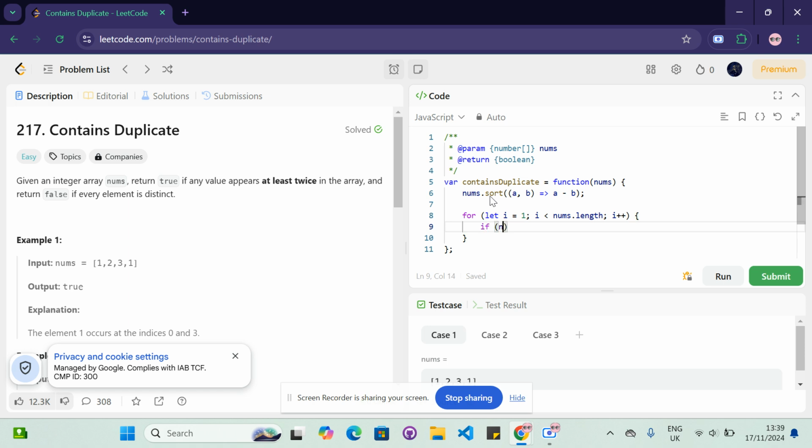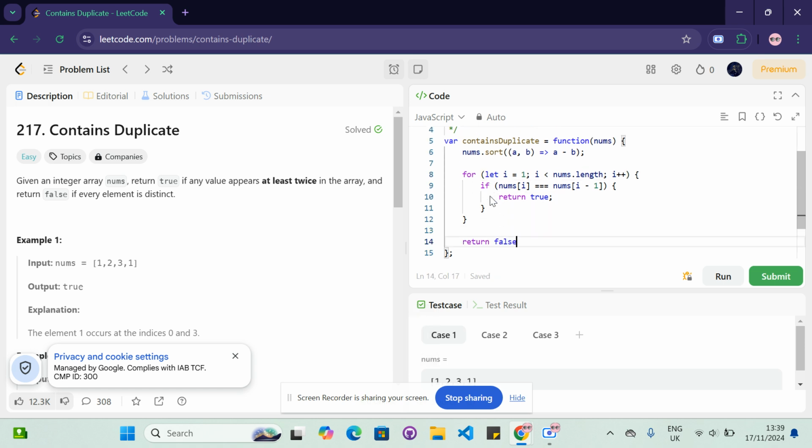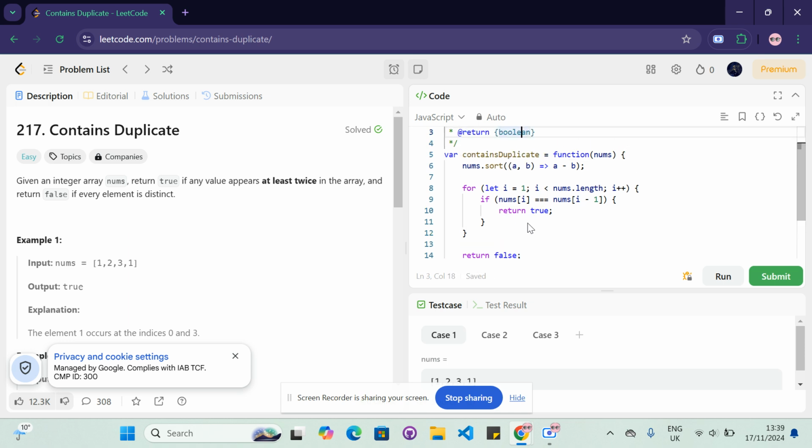if nums[i] is equal to nums[i - 1], what we want to do is return true. This means we've got a duplicate. Otherwise, what we just want to do is return false, and this will execute if we don't find any duplicates. So if we submit our answer,